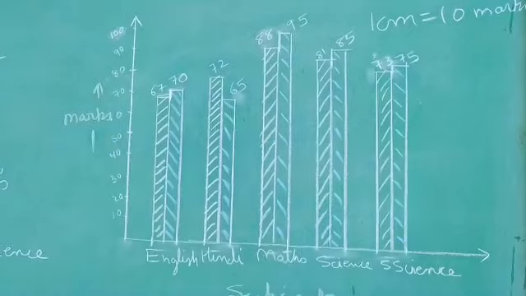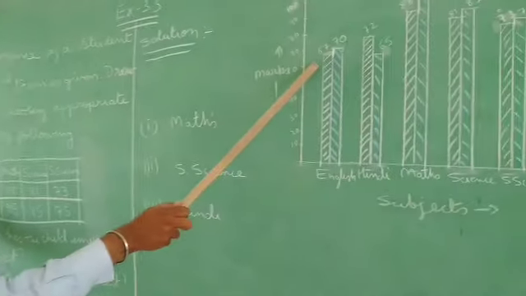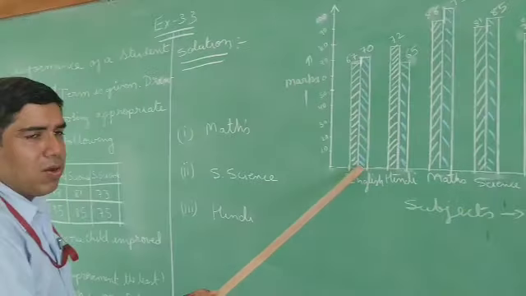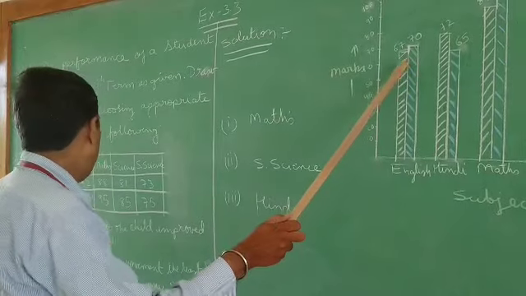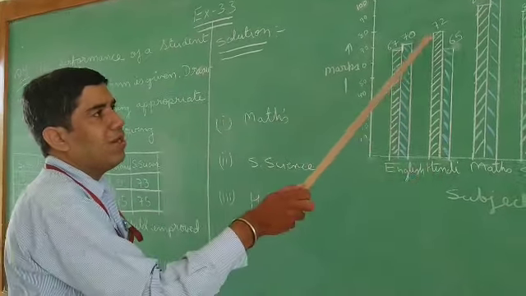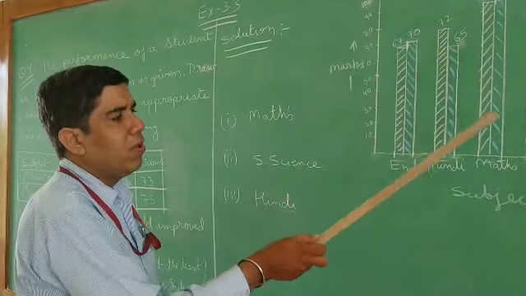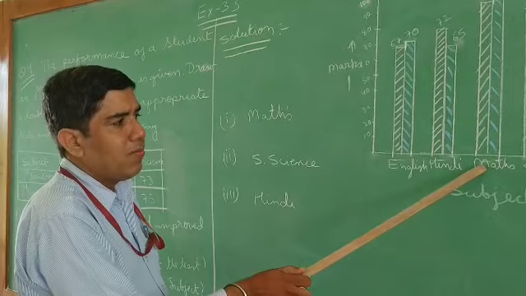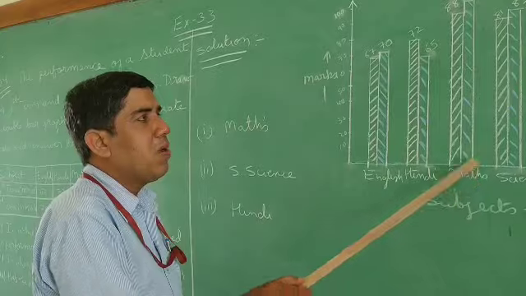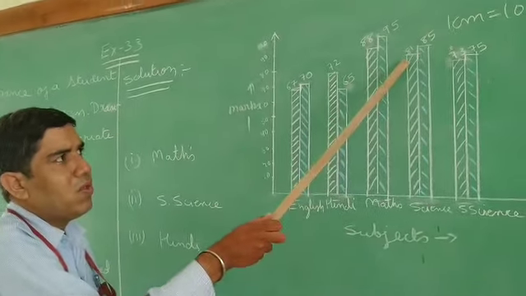Now you can see what is the marks in English. In the first term it is 67. So you can see I have drawn here the first bar is 67 and adjusted there only. I will draw the next one. Second term marks is 70. Now Hindi, what is the marks in first term? It is 72. Second term marks is 65. Maths, you can see here. What is the marks here? 88. And second term it is 95. Here science, you can see first term marks is 81.